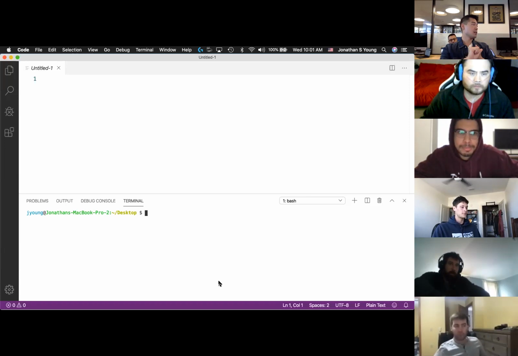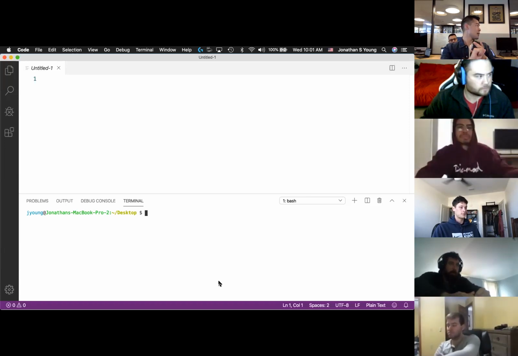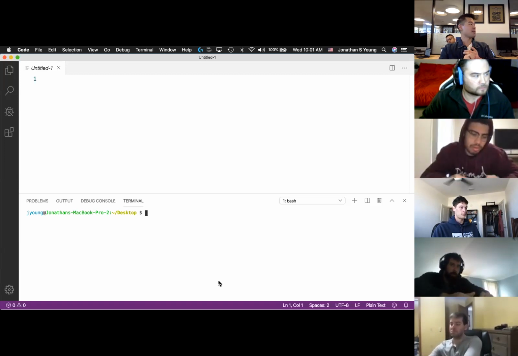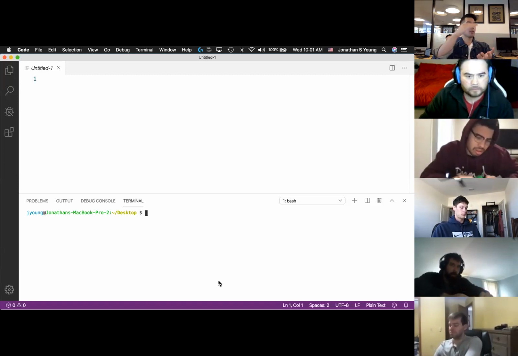I'm writing Python. Python's being translated into C. C's translating into assembly, and then your computer's executing on the assembly language. So that means it's really easy for you to write, but there are more layers of abstraction.